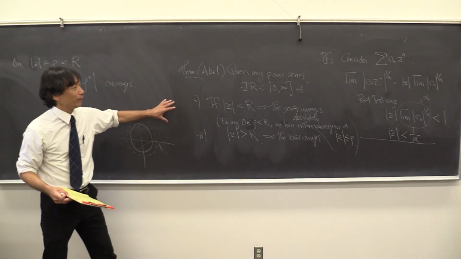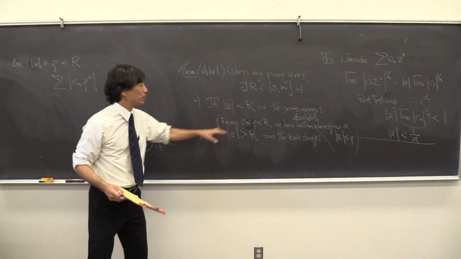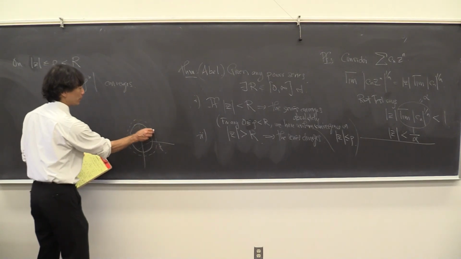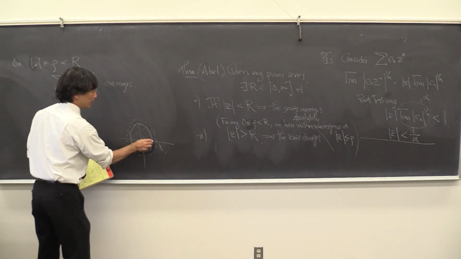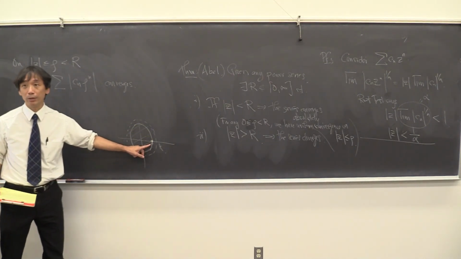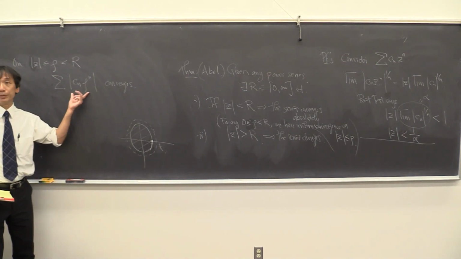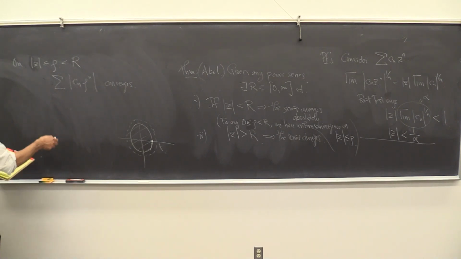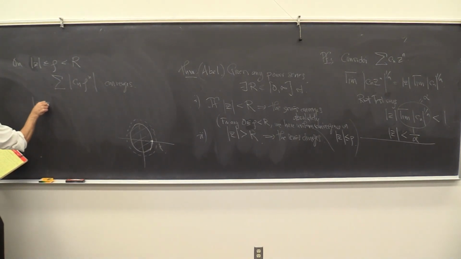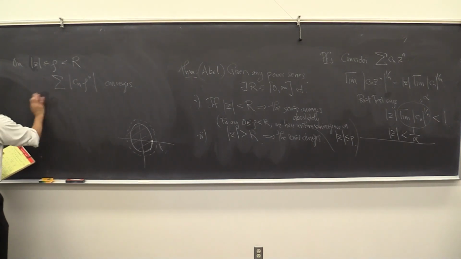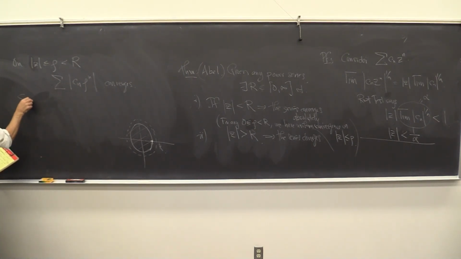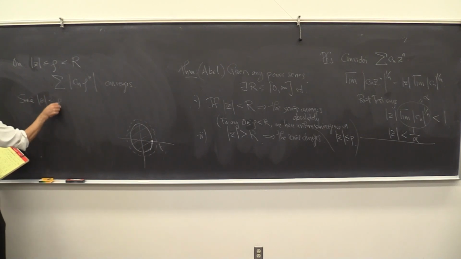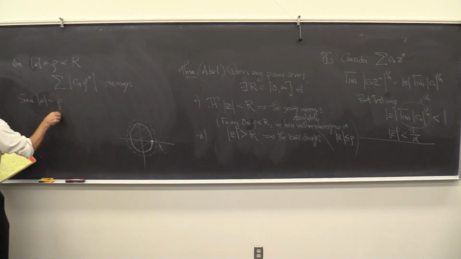We just showed that we have absolute convergence in the full disk. So certainly, if we take it at this point rho, we've got absolute convergence. Right, but since absolute value z is less than rho,